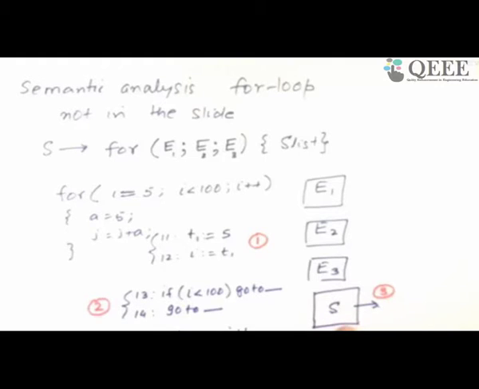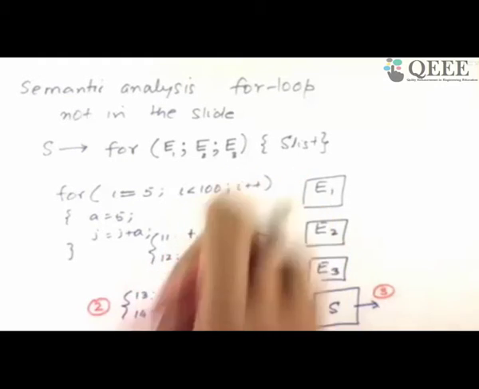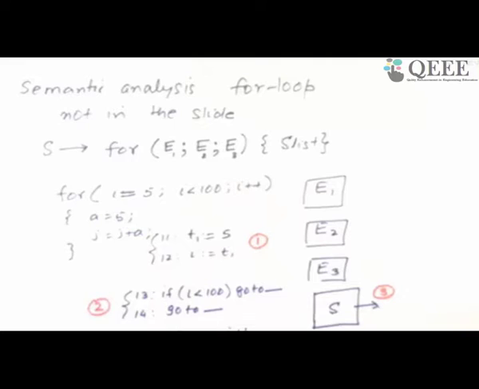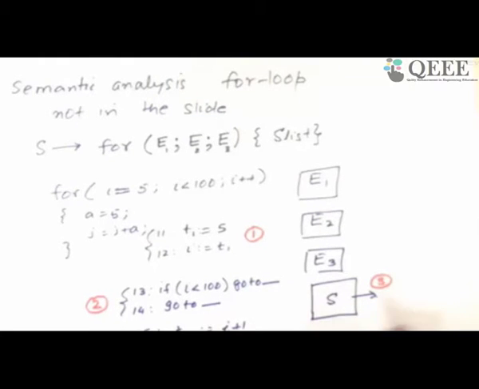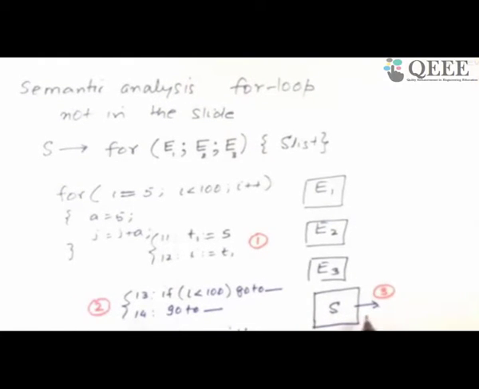After the body is over, I want to increment, so I do this, which is 4. This is the sequence, if you agree with me. I first do initialization, then I do testing, then I enter the body. This is not in the order that I have got. I've already got E3, but I've not done anything with it. Then I go and do E3. Then I come and do E4. And after doing E4, I go back and check the condition. So I have to insert something here so that I go back to the condition.